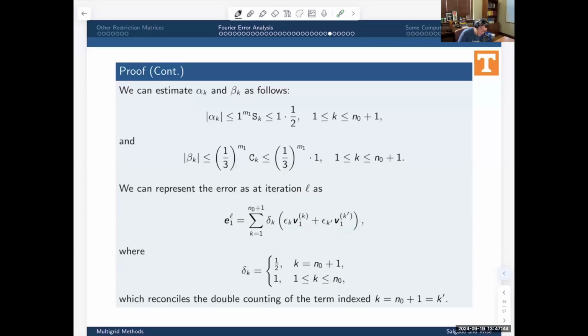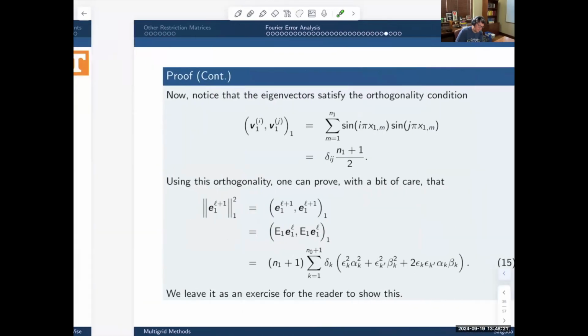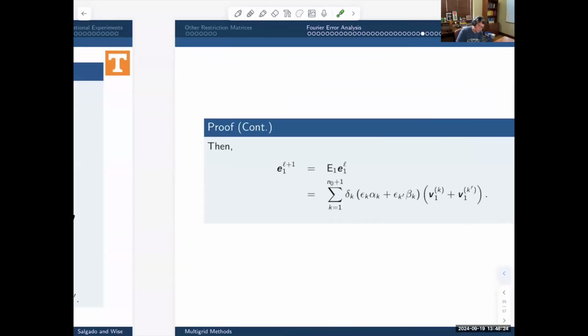All right, so whenever k is equal to n0 plus 1, then k prime is exactly equal to n0 plus 1. So really, when I get up to k equals n0 plus 1, I get the same thing twice. So I'm double counting that, and the way to take care of that double counting is just to multiply by 1/2 by introducing that. Okay, so this turns out to make life quite easy. So if I use this expansion,